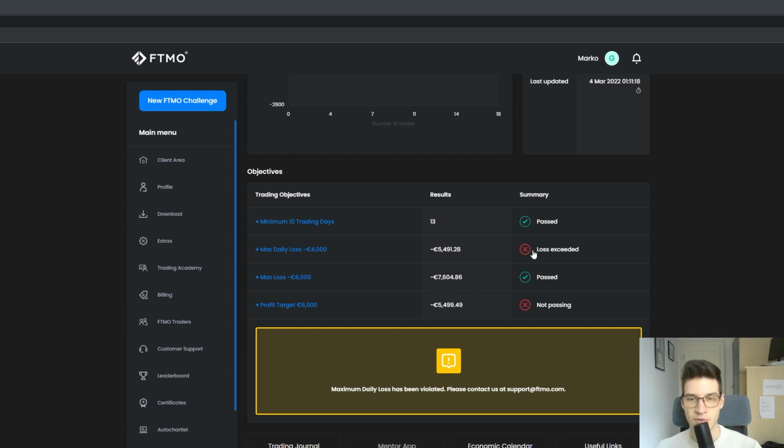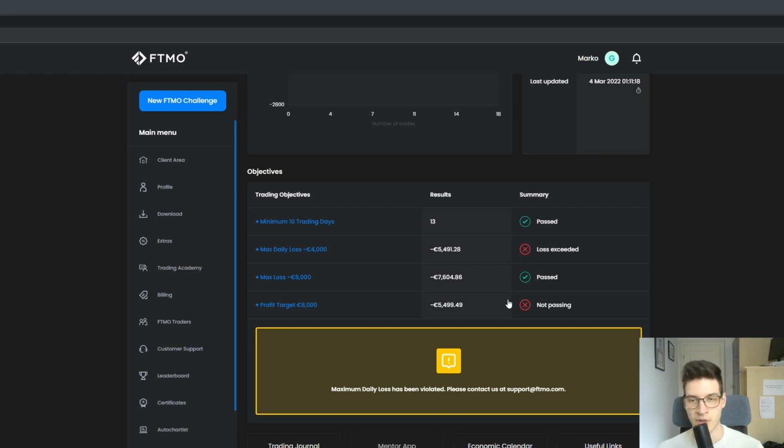Otherwise, this would have also been passed, the max daily loss. The max loss objective was passed, so that is good. And the profit target was not passed. I failed the challenge. I also ended up in a negative, so I didn't get a free retry, unfortunately. But the market conditions for this month were not really conducive for my personal strategy, so maybe some other month